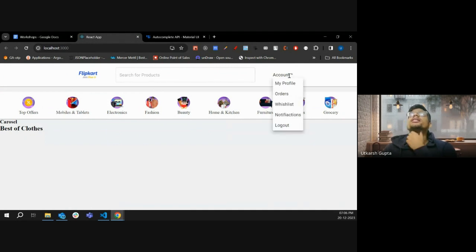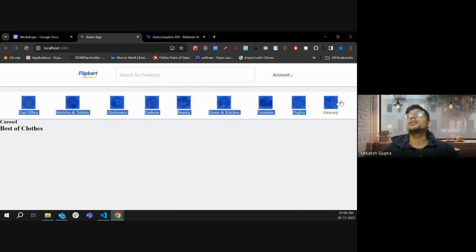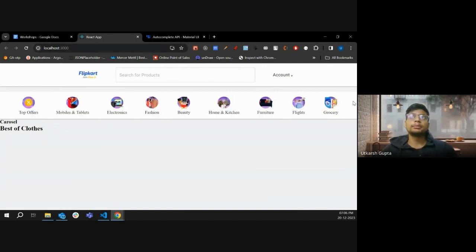What I was saying, the icon was not downloaded that day, but today I've downloaded the icons now, so it will work. And this is something that we created. Let's call it categories banner. With this categories banner, we understood how to map the static elements. We had an array which had objects, and each object has an image and a title, and we just loop through that array, and we created